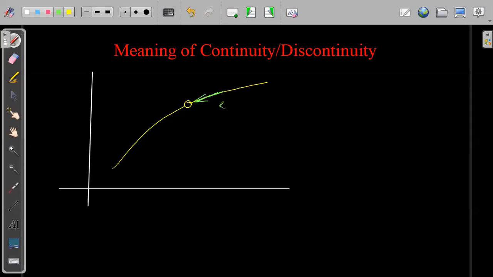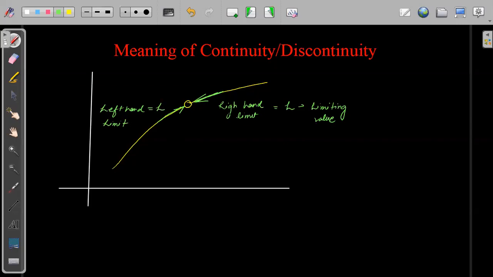So this was a right hand limit. The right hand limit was converging to a particular point. Suppose the right hand limit equals L, the limiting value. And from the left hand side also, if the limit exists, then this was the left hand limit, and this was also equal to L.